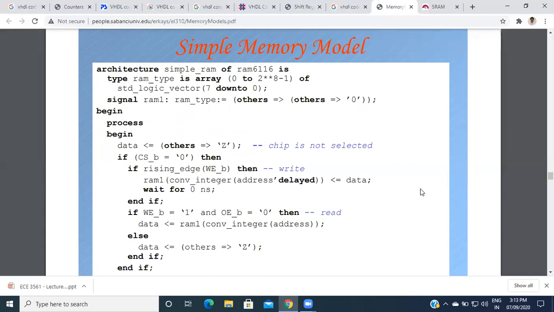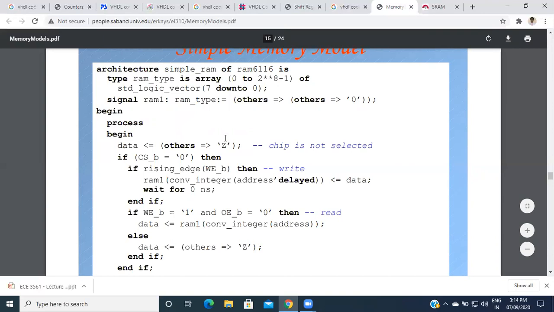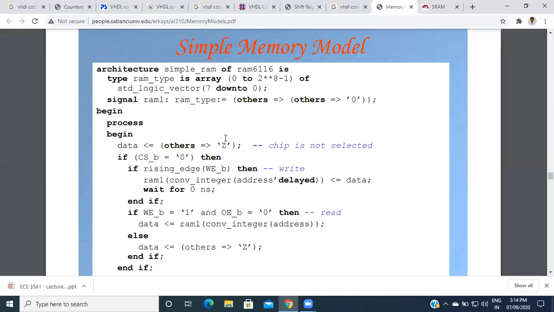Signal RAM of RAM type, others, then begin and process. So data is assigned the value of a chip. If that chip is selected, that is RAM 6116, then